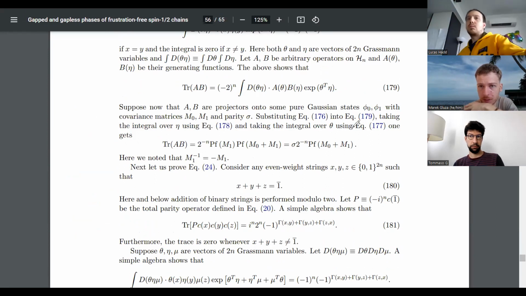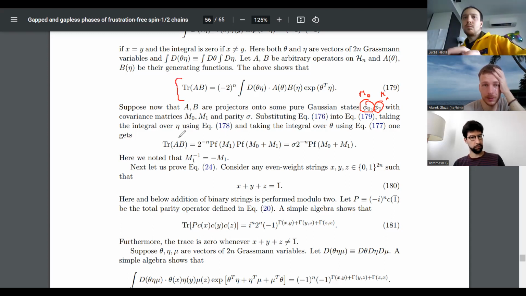Okay, so we take two pure Gaussian states, which means that they will have M0 and M1 as their covariance matrices, which means in the Grassmann representation, they will be two Gaussian exponentials. And then you can use this trace here to compute the fidelity between those two pure states using the Grassmann formalism. And we have this very nice formula here